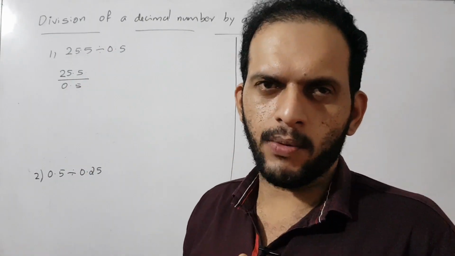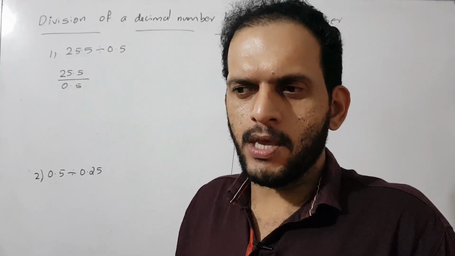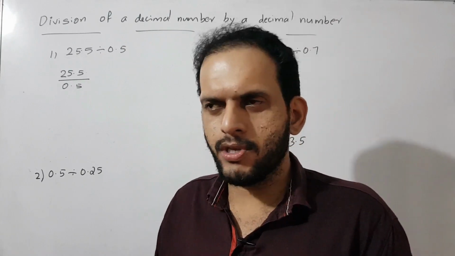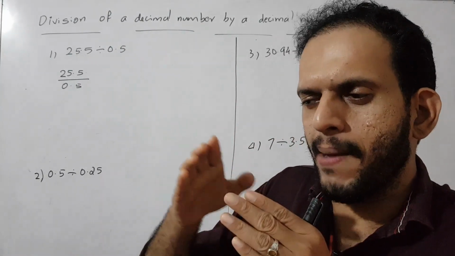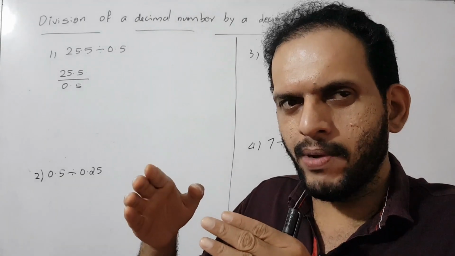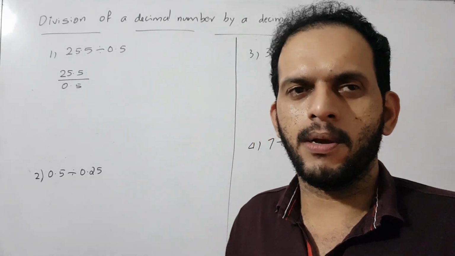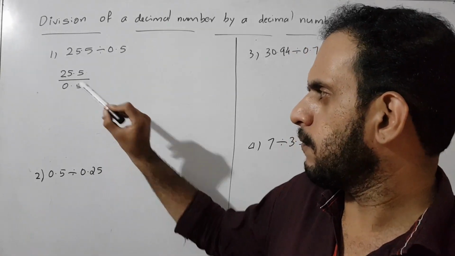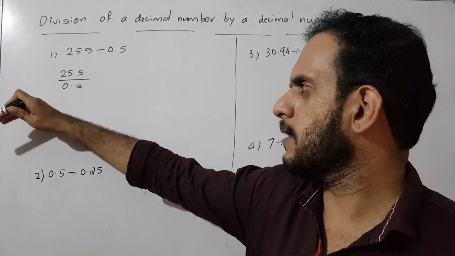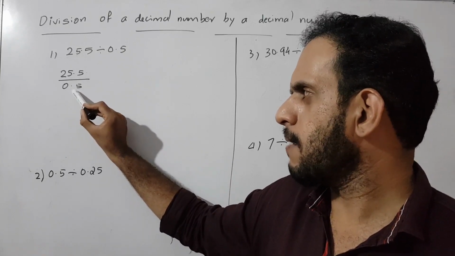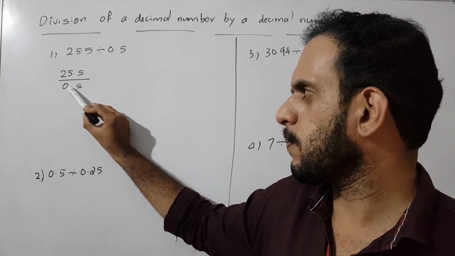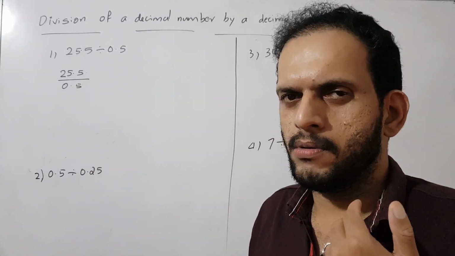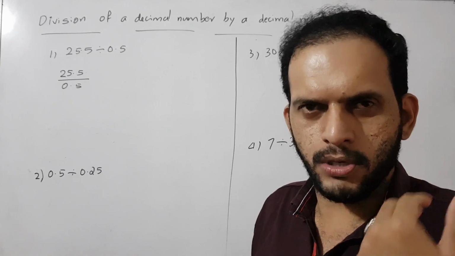Then when is that possible? Yes, we studied, if we need to move one step back, we need to multiply by 10. അല്ലേ? ഒരു സ്റ്റെപ്പ് ഡെസിമൽ പോയിന്റ് ബാക്കോട്ട് വരണമെങ്കിൽ ആ നമ്പറിനെ നമ്മൾ എത്ര കൊണ്ട് മൾട്ടിപ്ലൈ ചെയ്യണം? 10 കൊണ്ട് മൾട്ടിപ്ലൈ ചെയ്യണം. Clear? So here to make a proper number we multiply by 10. Why? Because the decimal point needs to move one step back. രണ്ട് സ്റ്റെപ്പാണ് ബാക്കോട്ട് വരേണ്ടതെങ്കിലോ? യെസ്, 100. 3 സ്റ്റെപ്പാണെങ്കിൽ